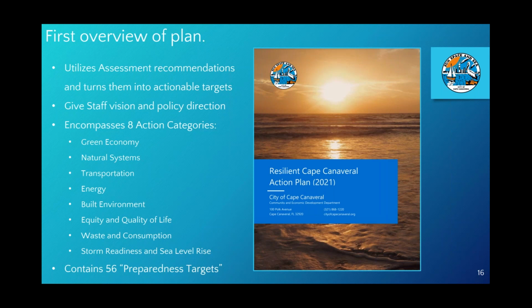We do not have a document that makes clear the city's intentions involving sustainability and resilience, and its commitment to them, at least not like this one would be. It's a document that will allow us to lead by example and showcase to the community at large why sustainability and resilience is the way to go, and it will allow the city to stand out among local, state, and national grant applicants, offering us greater chances of acquiring grant funding by displaying not only our commitment, but also that we have shovel-ready projects in the pipeline ready for